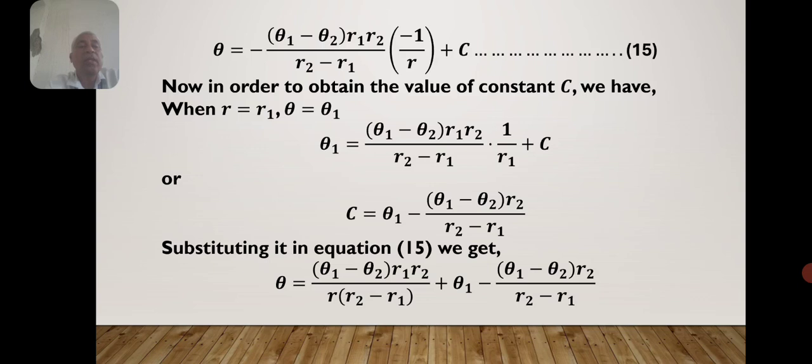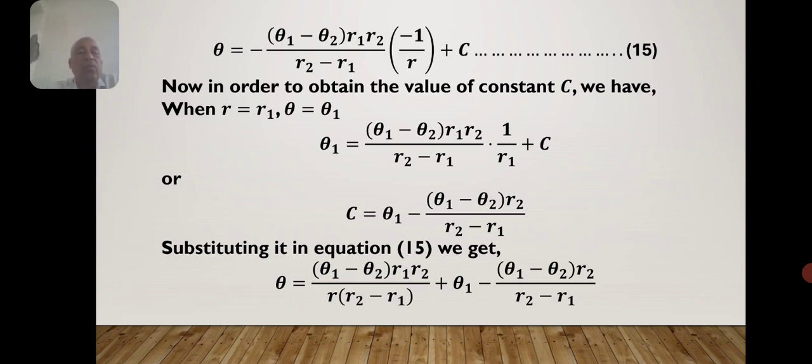Now in order to obtain the value of constant c, we know that at r equals r1, theta equals theta 1. Therefore, putting these values r equals r1 and theta equals theta 1 in the above equation, we get theta 1 equals theta 1 minus theta 2 into r1 r2 upon r2 minus r1 into 1 upon r1 plus c. Therefore, c equals theta 1 minus theta 2 into r2 upon r2 minus r1. Substituting it in equation 15, we get